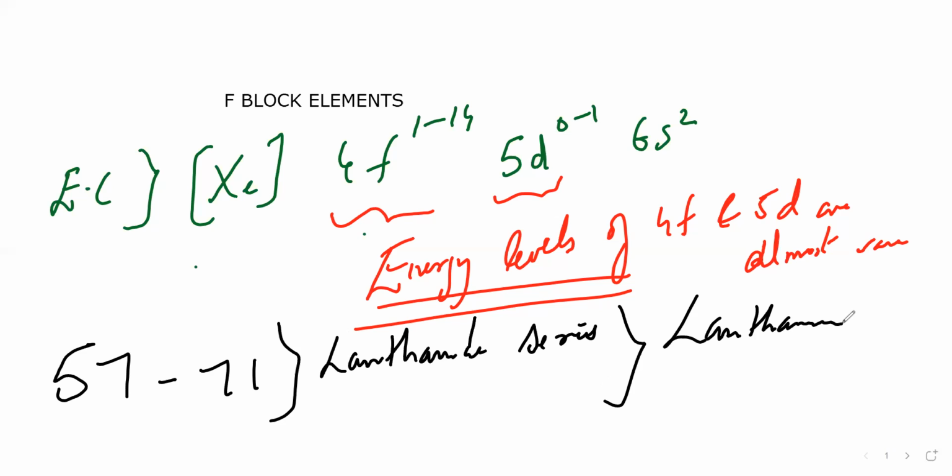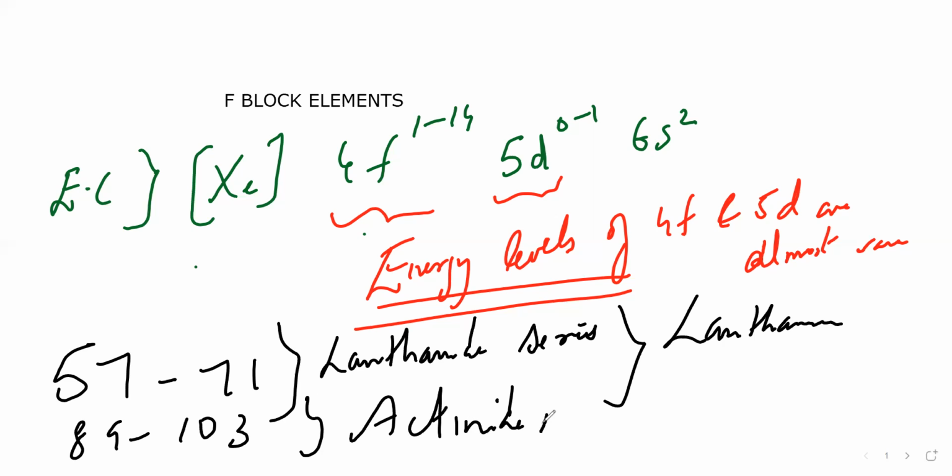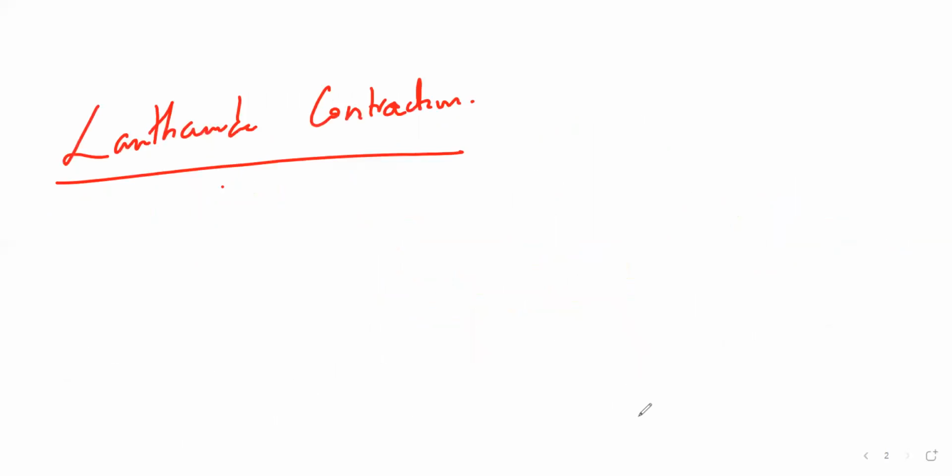Then from 89 to 103, that series is called the actinide series. The elements with atomic number from 89 to 103. You can see it in your textbook itself. The periodic table is clearly given. So coming to the lanthanide contraction, don't be afraid about this. This is nothing but the atomic radii